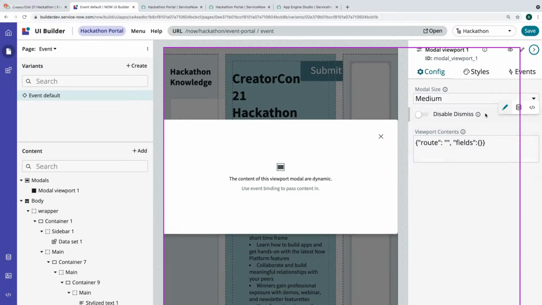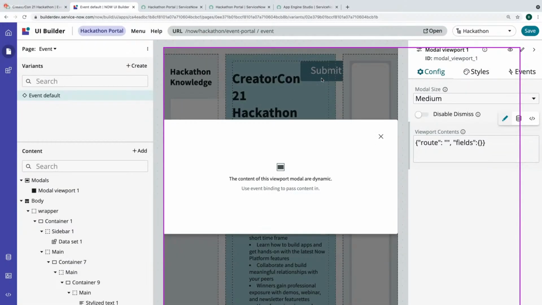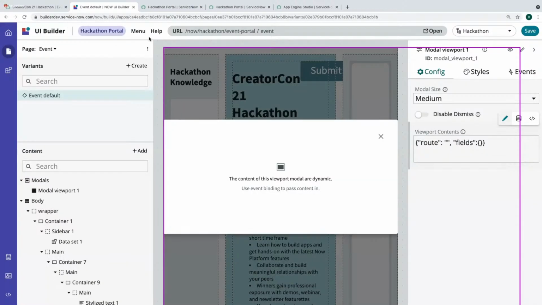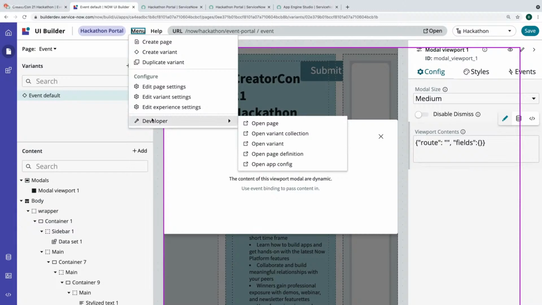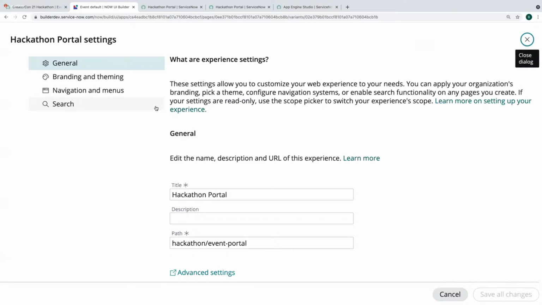So the route is going to be, here. I'm going to want this button to work a lot like this report issue button, except open in a viewport. So I'm already passing a route and a field from this one. So let's go see where I am doing that, and maybe we can just copy something, because that's always a good thing to do. I love looking at what a past me did, or even better a developer did, and learning from that.